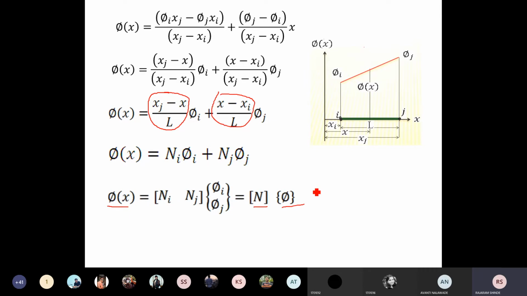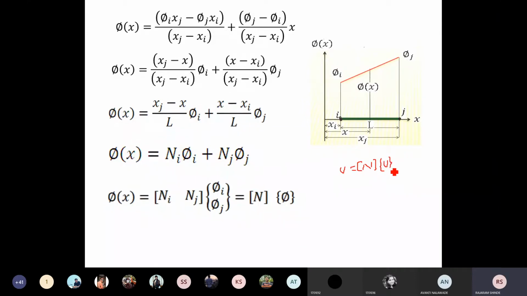While deriving the finite element equation for specific applications, we are using this equation, that is phi is equal to N into phi. For the structural discipline, u is equal to N into u, where u is a field variable and it is the product of the shape function matrix and this column matrix, which is the nodal displacement matrix. You have to remember that this is known as the shape function matrix.